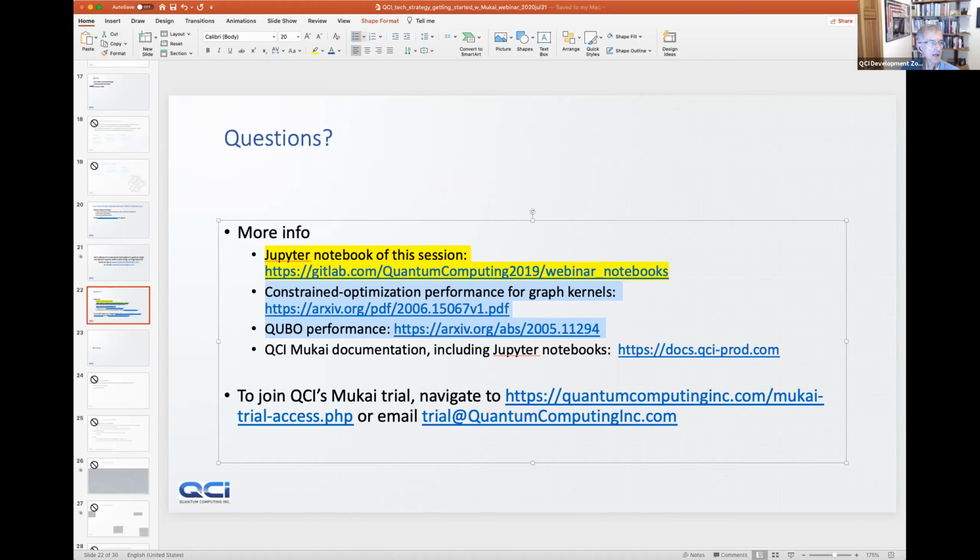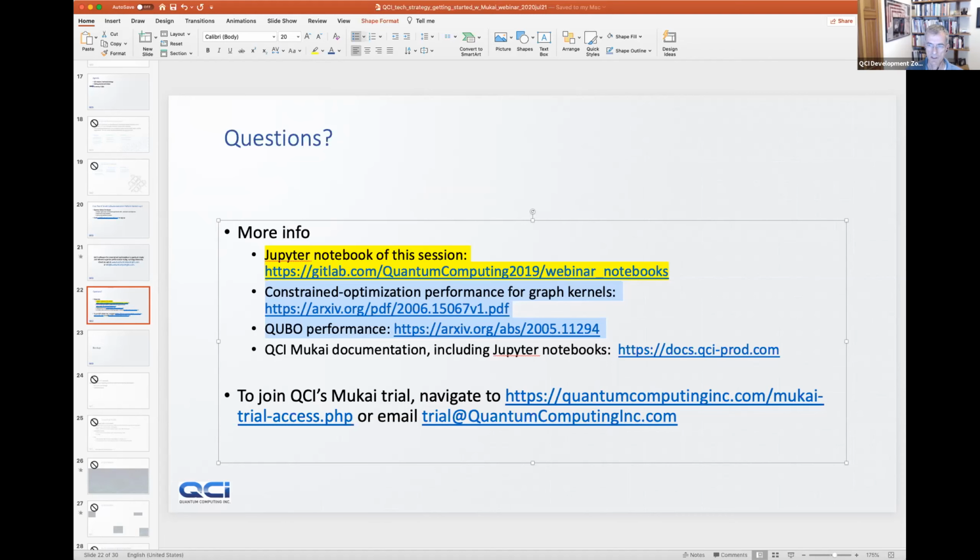At least one of my answers that I typed in the Q&A may not be visible to everybody, so I'll repeat those questions and answers verbally. Kunal Das asked what topology the qubits are coupled in, and whether there is any documentation about QCI quantum computing in which Mukai software works.